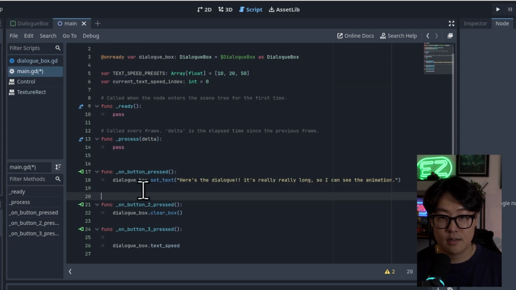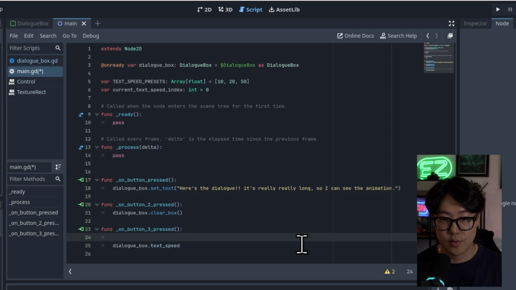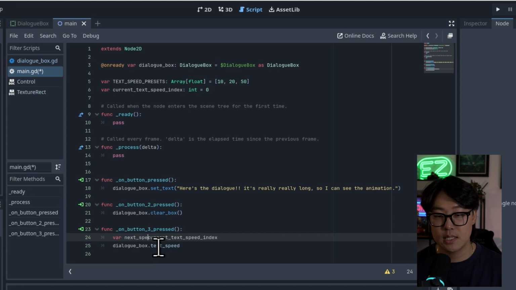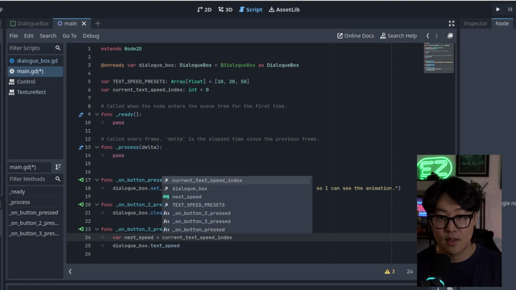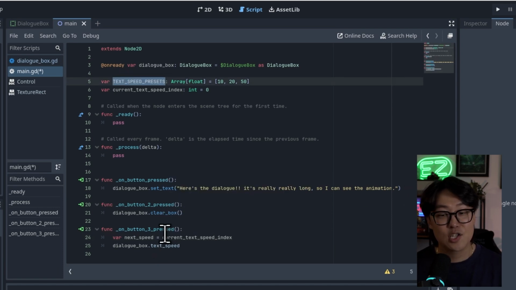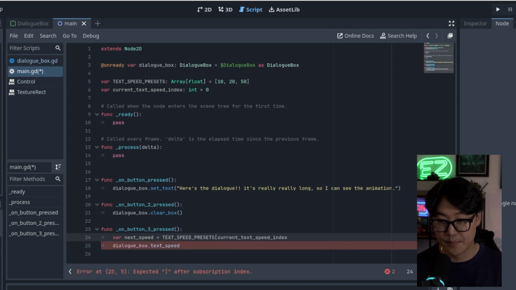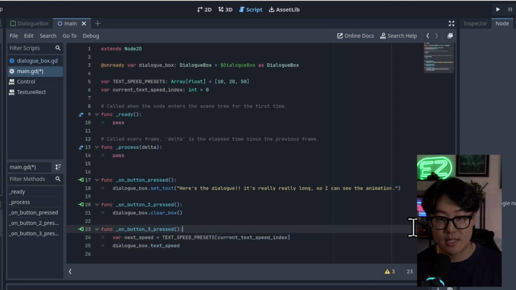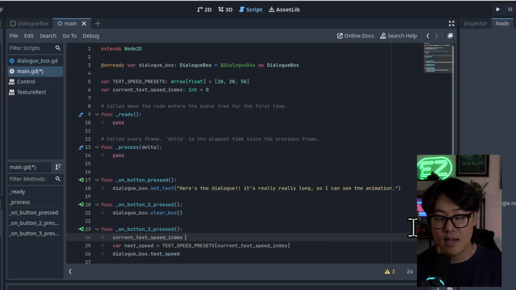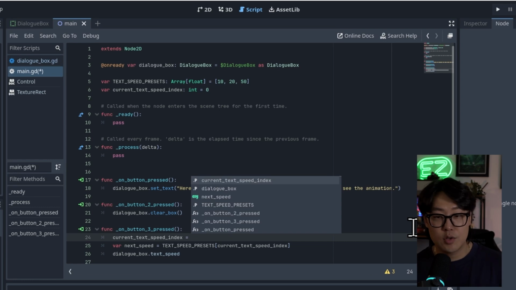Right here, it's going to go through text speed, and next one will be var next speed, which is the array. Sorry if I keep blocking the text with my mouse cursor, because I'm not used to the mouse cursor being this big. And then the current text speed index is going to increment by 1,